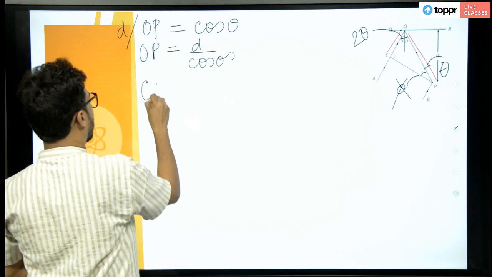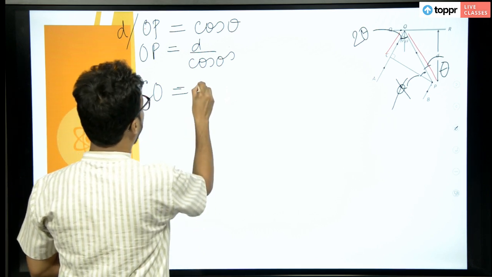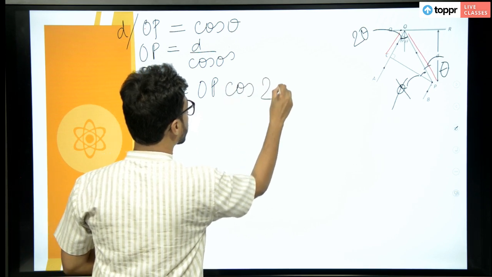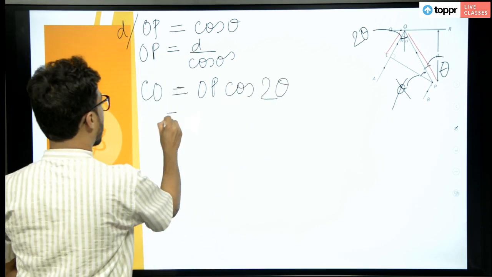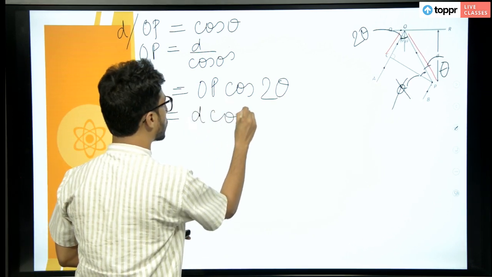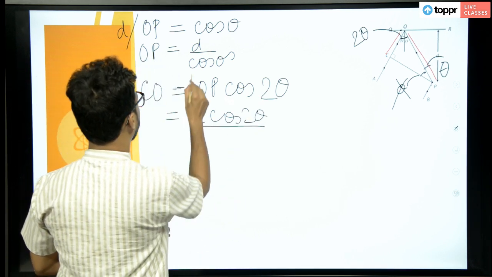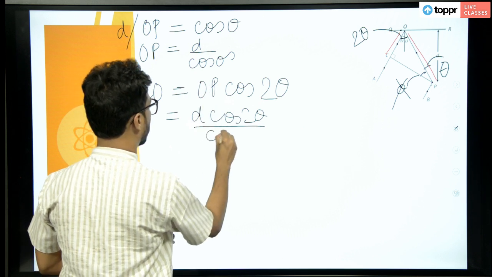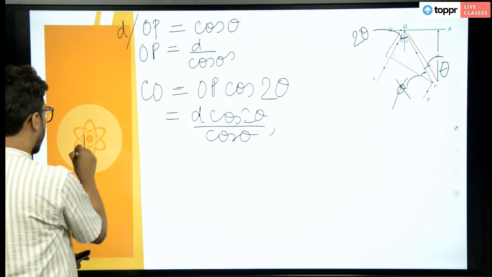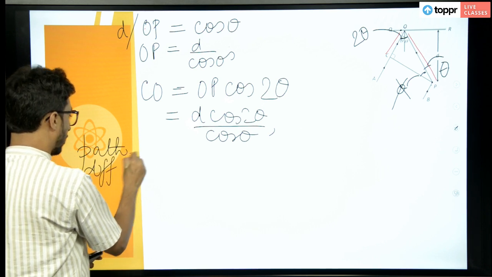So CO we can say is OP cos of 2 theta. Now OP is D by cos theta. So it is D cos 2 theta divided by cos theta. Right. Now the path difference is